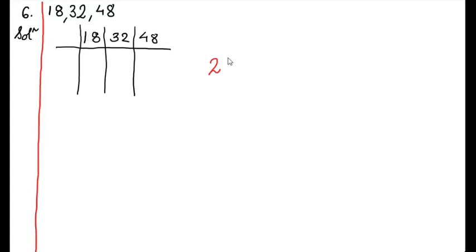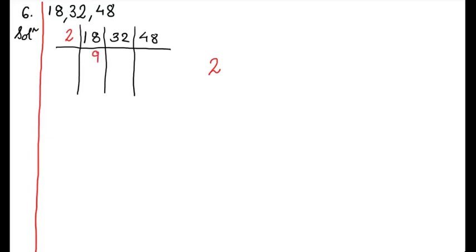So we are going to use the first prime number, that is 2. See children, all the three numbers are divisible by 2. Okay. So we are going to use this 2. So here we will write 2. 2 how much is 18? Yes, you all know the table. What is that? 2 9s are 18. So we'll write here 2 9s are 18.